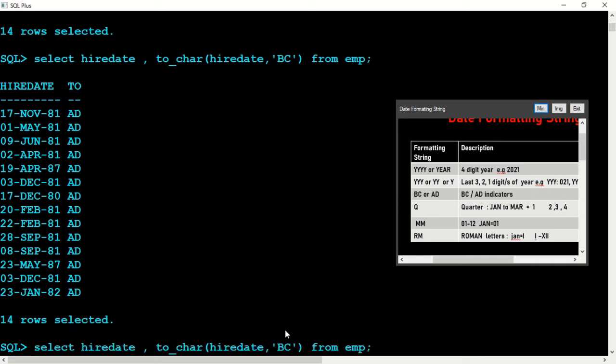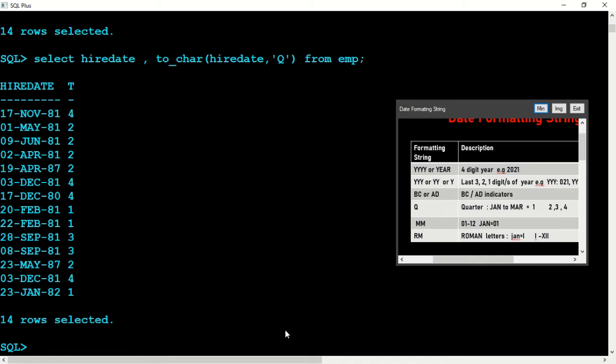Now, Q stands for quarter. Here, 17 November is in the fourth quarter. January, February, March is the first quarter. April, May and June is the second quarter. July, August, September is the third quarter.